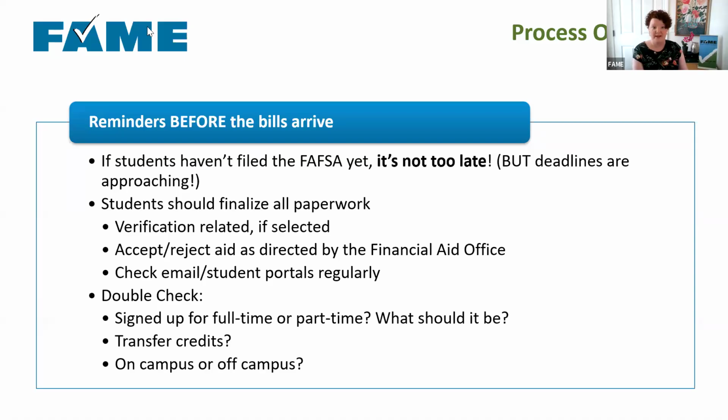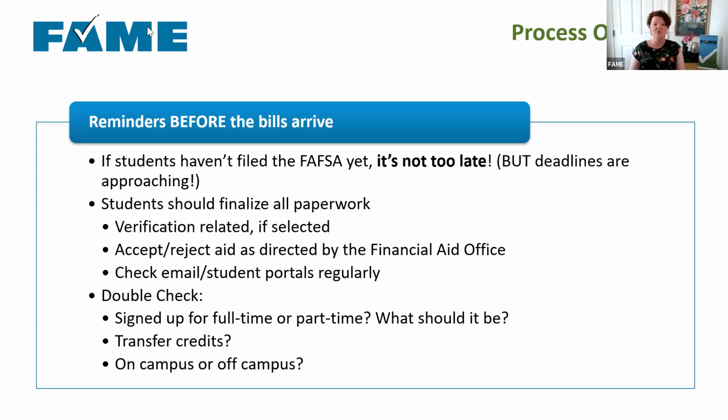Then double check. Did you sign up for full-time or part-time when you applied to the college? That's going to make a difference because there is a difference in what kind of financial aid colleges offer to full-time students and part-time students. If you indicated you were going to be full-time and then you only register for part-time classes, but you're thinking, oh, all that financial aid I got can just be applied to those 2 classes I signed up for, that's not going to be right. So they're going to adjust your financial aid package eventually for a part-time student, and then that could leave you with more money than you thought you had to pay.